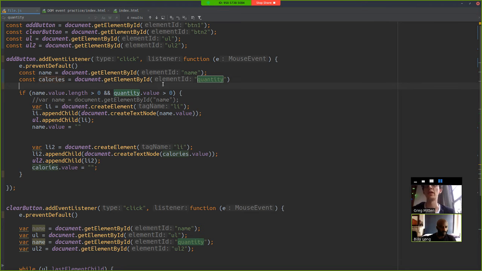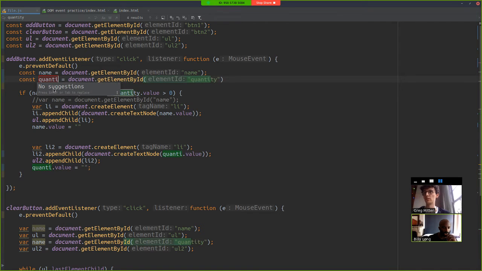And because of that, even simple problems can become really, really complicated. And so if we're calling this quantity and this calories, if we were to go further on and we keep using quantity and calories separately, we're gonna run into a bug eventually. So what we should either do is this should be called calories. Alternatively, we could call this